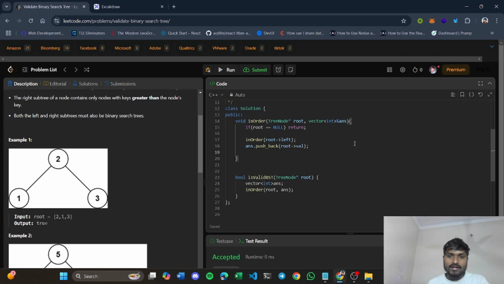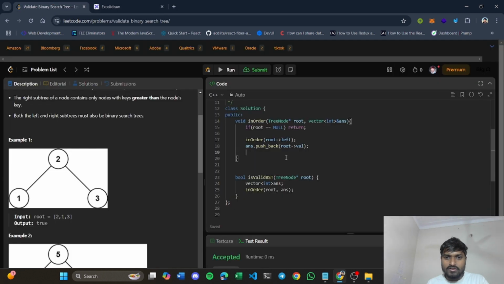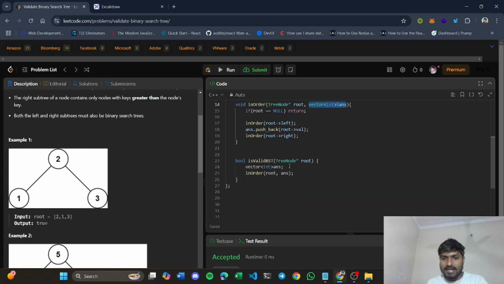And again, when you printed out 5 here, after that we will have to go to the right of it. So we will again make a recursive call in order for root right. So at the end, our answer vector will store the in order traversal, right? So we basically have to check whether it is sorted or not.